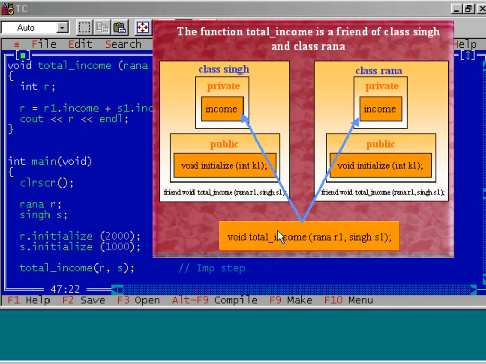What is the advantage? This function can access the private members of the class Singh. Similarly, income is a private data member of the class Rana. There is one member function, namely initialize, to initialize this data member, and total income is a friend function of this class. Is it clear to you?